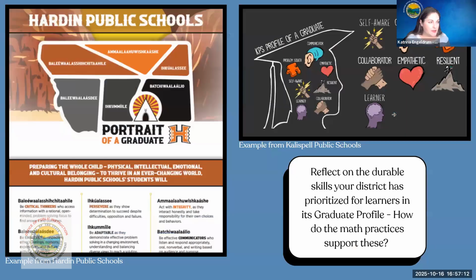Great. Okay, so as you're having these conversations, because it sounds like from the chat, there's a lot of follow-up conversations that might happen and exploration. As you're having those, try to see if you can link some of these skills to the graduate profiles that you have at your schools. If you don't have those off the top of your head today, you don't need them. So don't panic if you're running through the catalog like, oh, where is that thing? But I have some examples up here of how that might go.